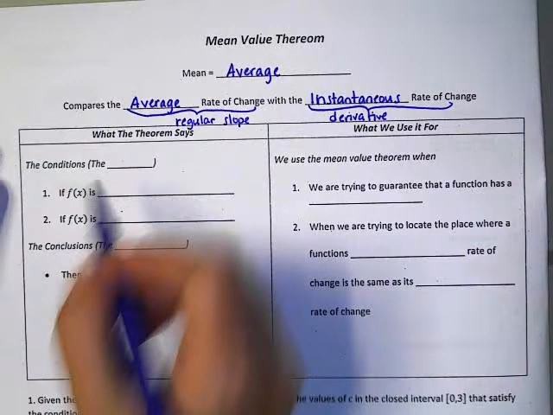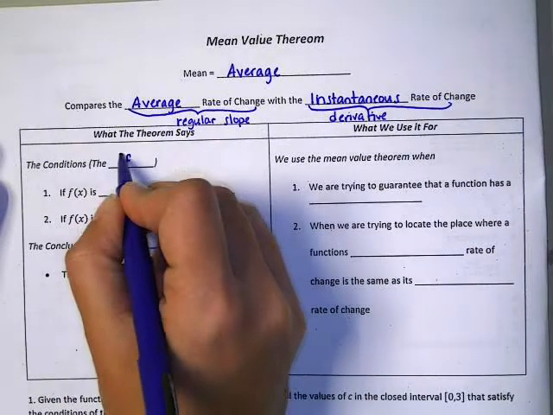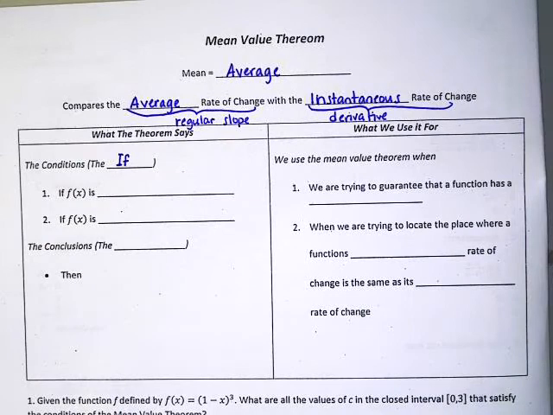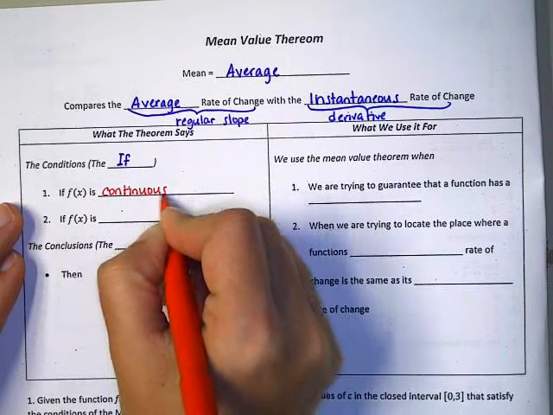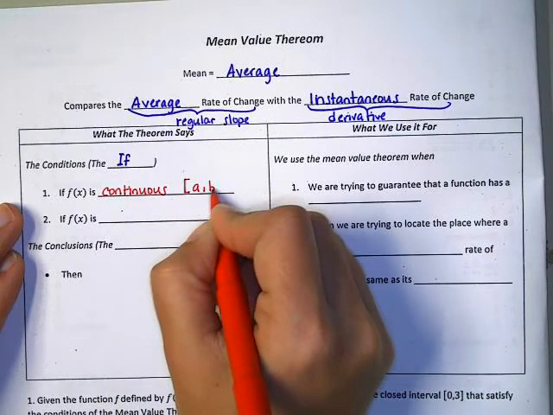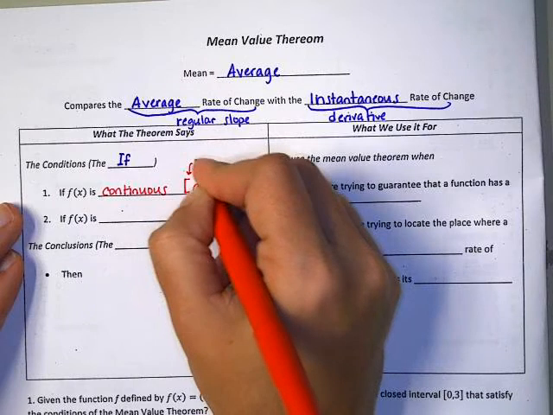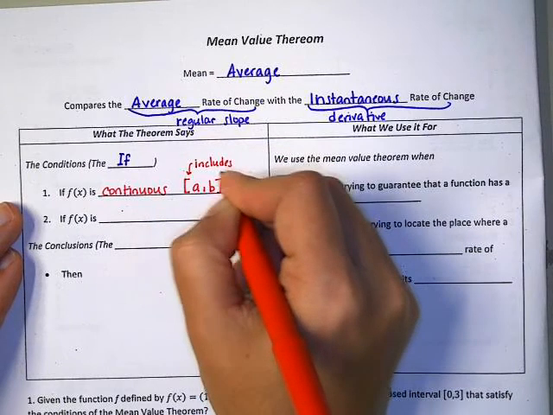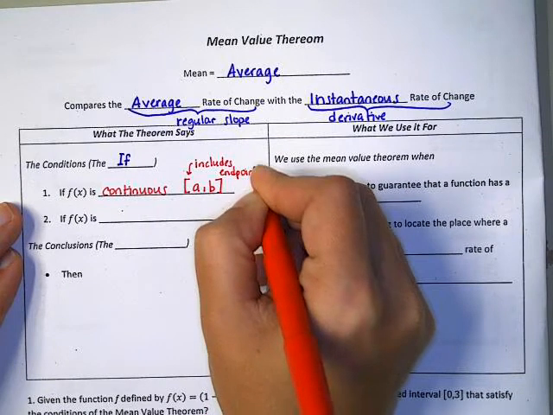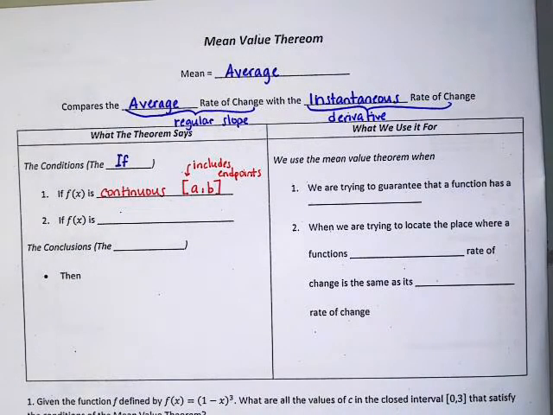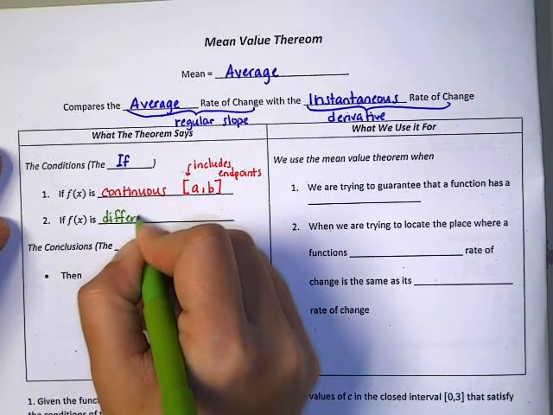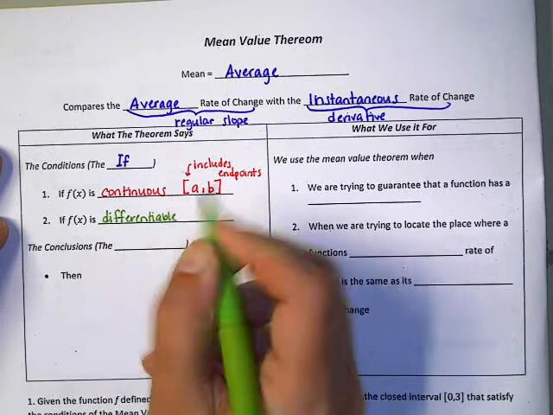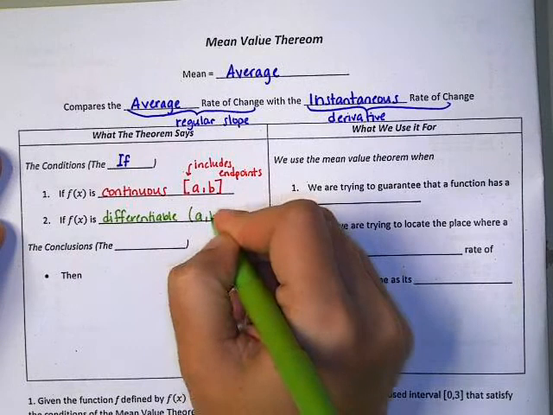As long as you meet these conditions, these are like the if part of a theorem. As long as f of x is continuous everywhere on your interval, including the endpoints, and as long as f of x is differentiable everywhere on your interval except maybe at the endpoints,